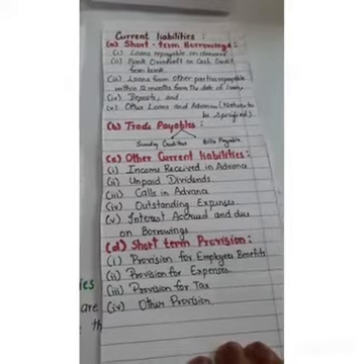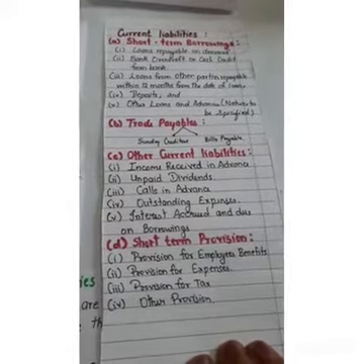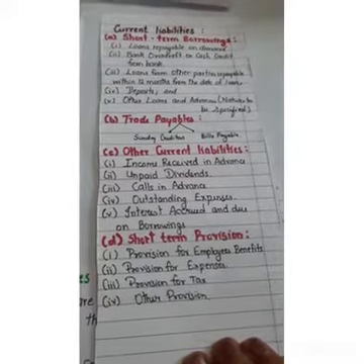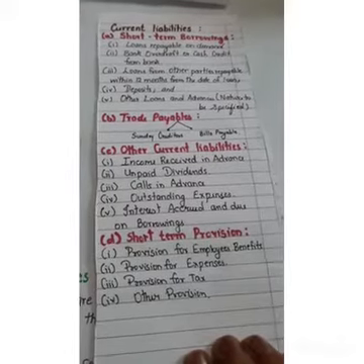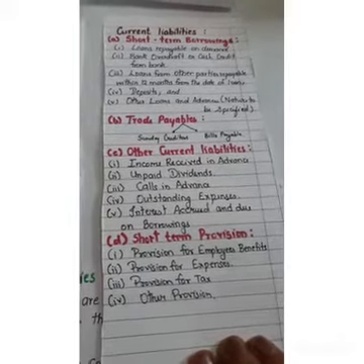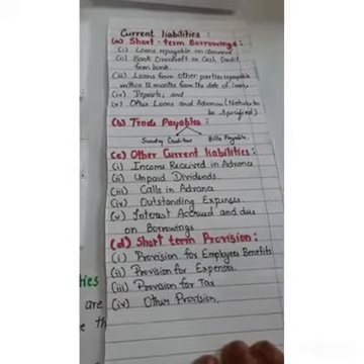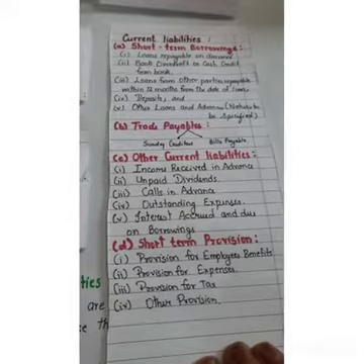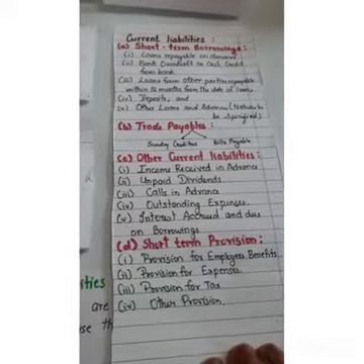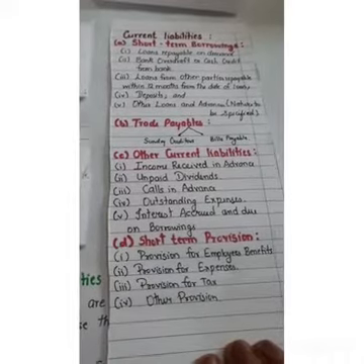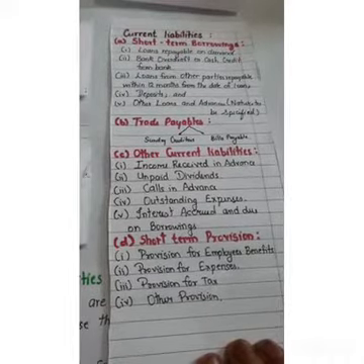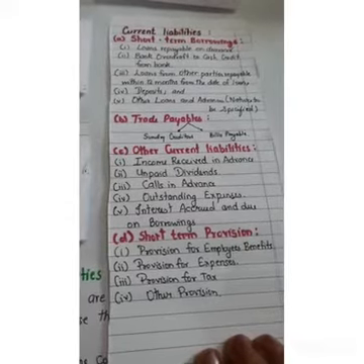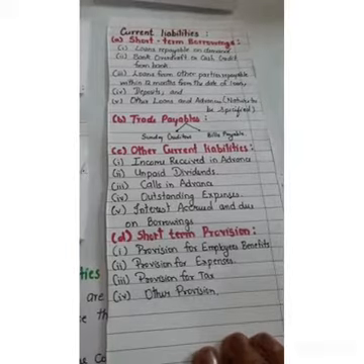So the classifications related to current liabilities are short-term borrowings, trade payables, other current liabilities, and short-term provisions. Examples you can see here: short-term borrowings, that is loans repayable on demand, bank overdraft, loans taken from other parties which should be repayable within 12 months, deposits, and here also the loans and advances are there. So you may be given a date or some specification so that you can classify it as short-term borrowing or long-term borrowing.